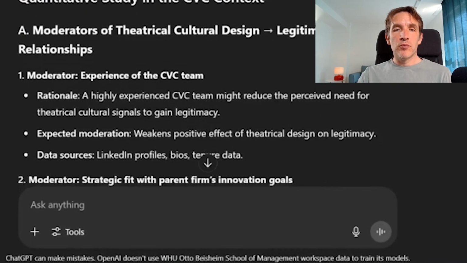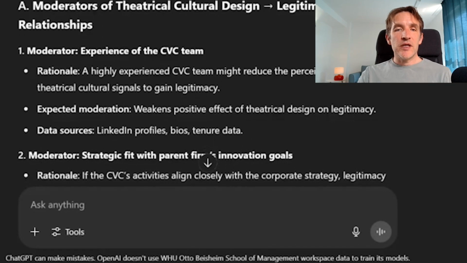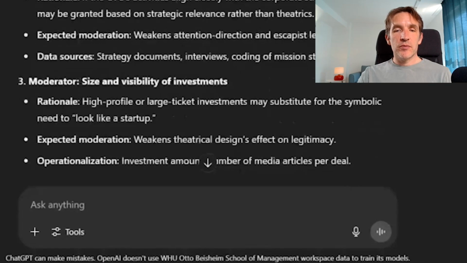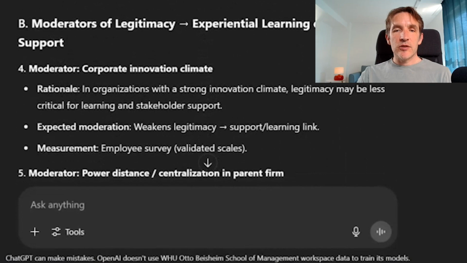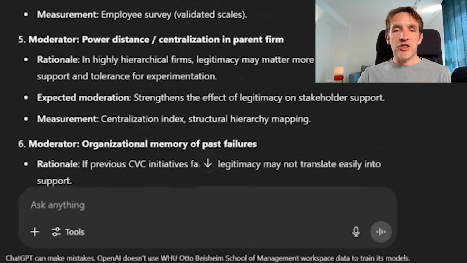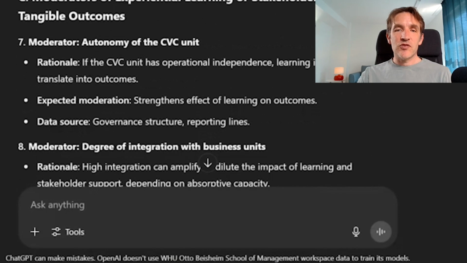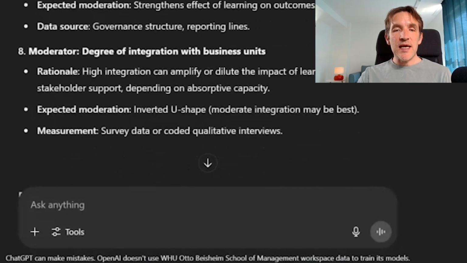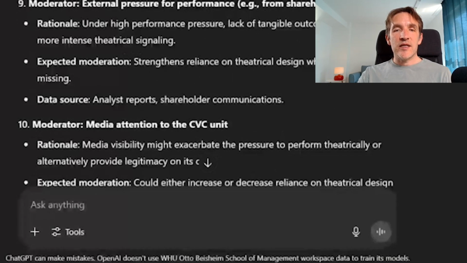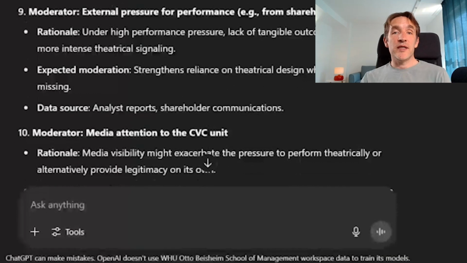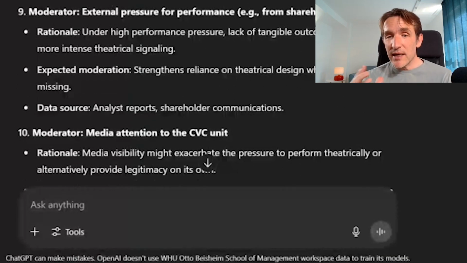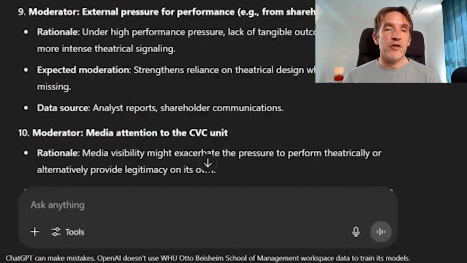overview of potential moderators. And so here are some first potential moderators, then here moderators of another relationship that I identified in the paper. Here are then moderators for another relationship. So you see, as I requested, it now has generated quite some potential moderators that I could use. So you see that by defining this prompt in a structured manner, it's already able to identify for me some